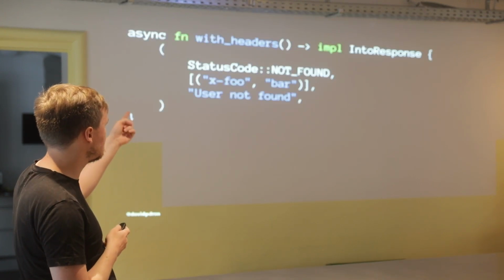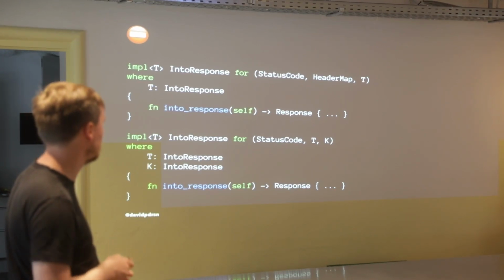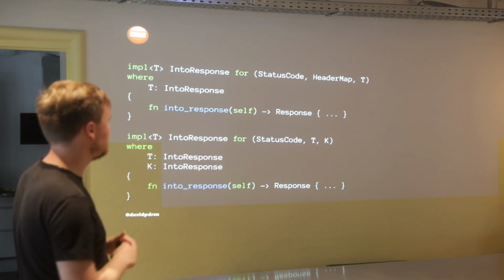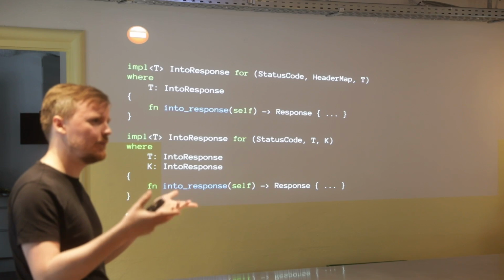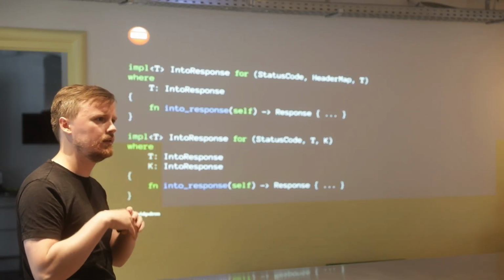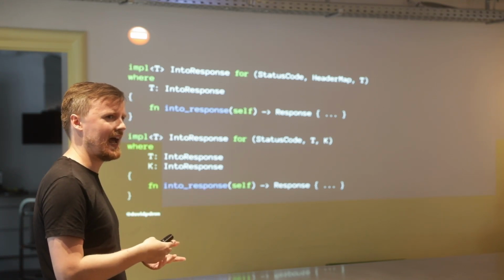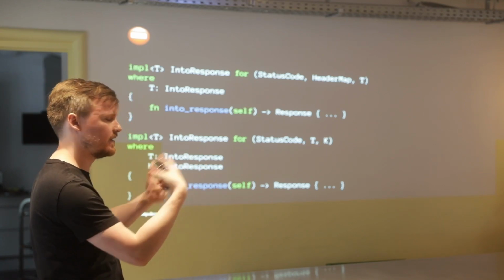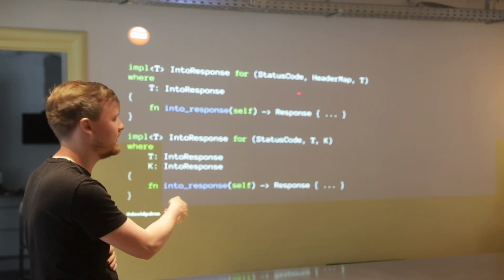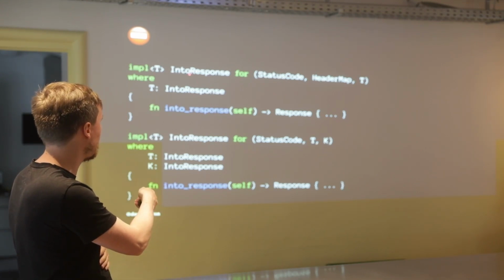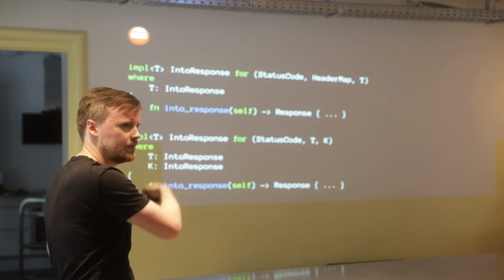You might be wondering, how does this machinery work with the 3 tuples? The original approach that we had in Axum was the top one here, where we just had an implementation for a tuple of 3 elements with a status code, header map, and a T. The problem with that is that if I want to write a library that can provide high-level response parts effectively, say a cookie library. Cookies are just headers, but I might want to have a cookie jar type that behind the scenes gets converted into headers. You can't do that as a library author because this implementation is baked into Axum. And you can't, as a library author, provide an IntoResponse implementation where this type here is different, because again, you don't own the tuple type.